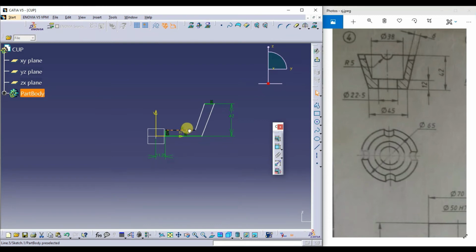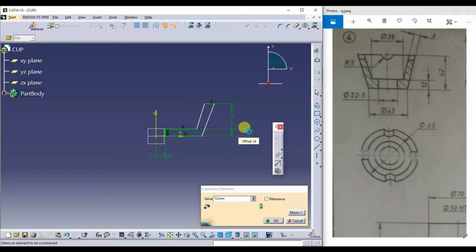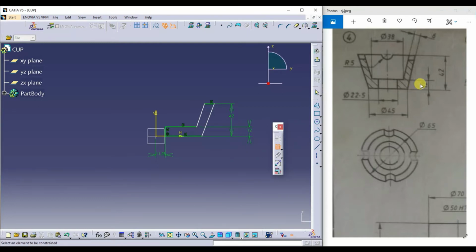I'll drag this. Okay. Next, this distance is 12 mm. From here to here it is 12 mm. Next, this distance is 6 mm.